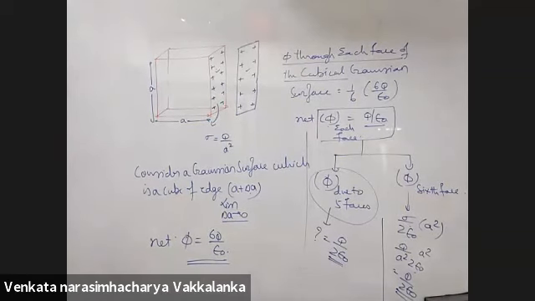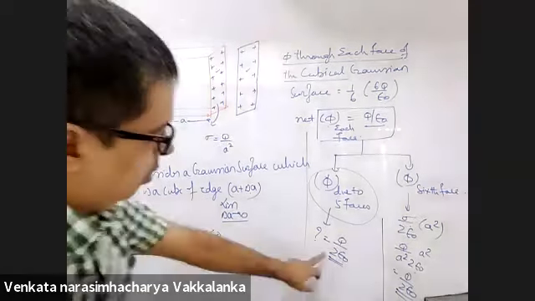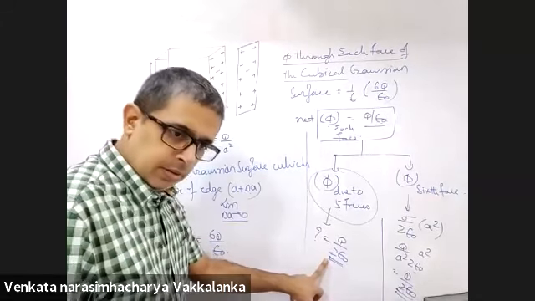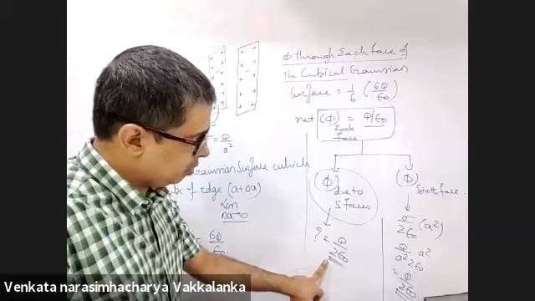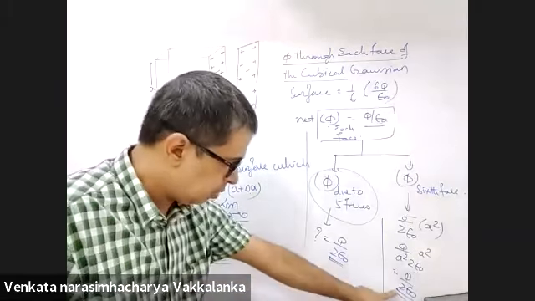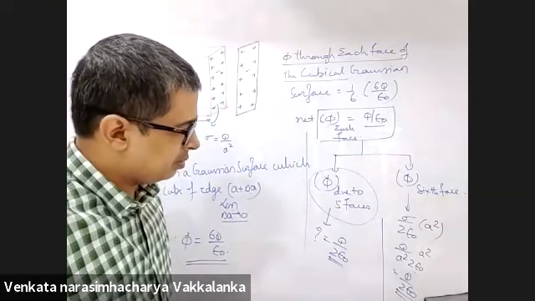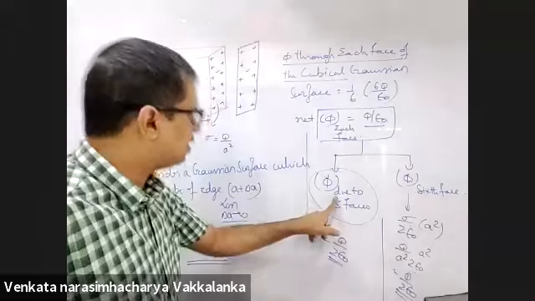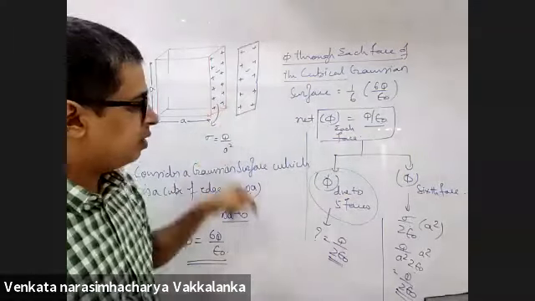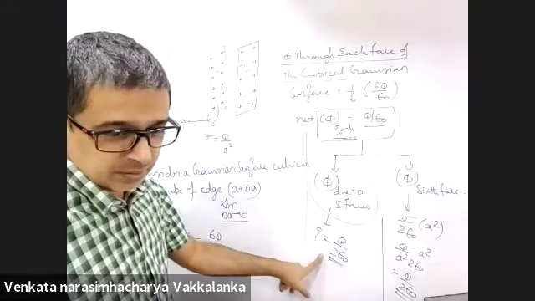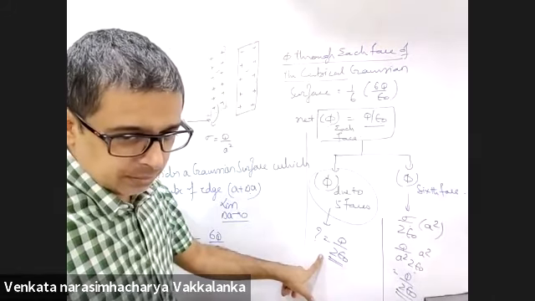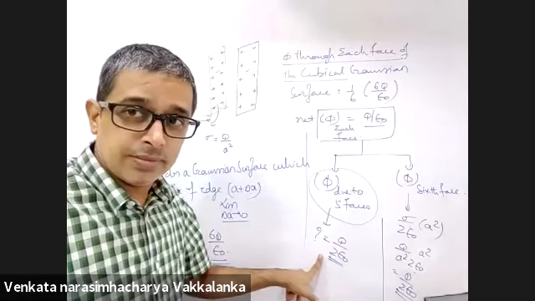So after getting q by 2 epsilon naught flux due to the 5 faces, what do we do? Come again. After we have got that the flux due to the 5 faces from one face of the Gaussian surface is q by 2 epsilon naught, after that, what do we do? This plus this should be equal to this. Yes, sir. So I found out the flux through this face due to the remaining 5 faces. Yes, sir. Then what do we do?